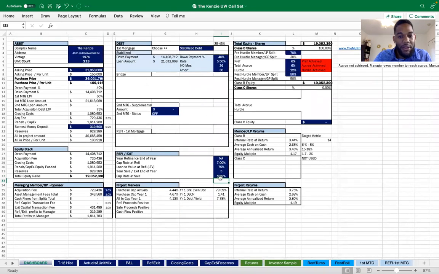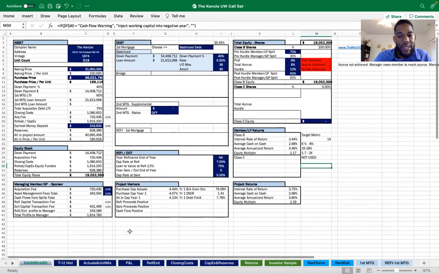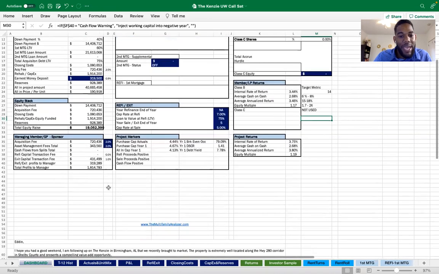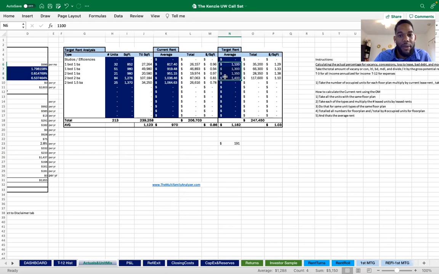So at a 5 cap rate at the purchase price that these guys want, we aren't really hitting anything. I mean, we're not negative anymore, but you can see we're not hitting any of our target metrics here. One thing we could potentially do to get a little bit closer is reach out to a property management company and ask them, is there room to increase rents higher than what we have? Maybe if we increase these rents a little bit, we may be able to bridge the gap on that purchase price.